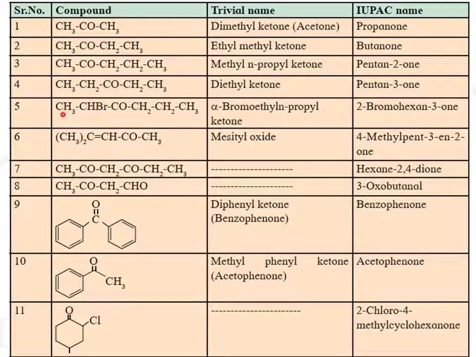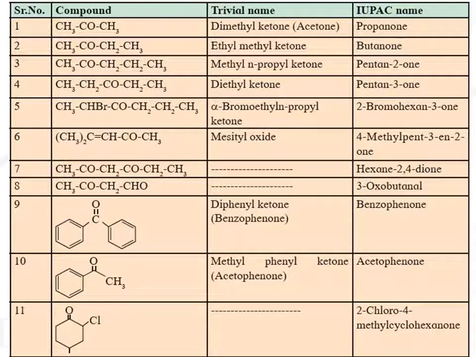But if you observe from this, if you begin numbering, this is carbon 1, this one is the second carbon, this one is the third carbon, so the carbonyl carbon comes at the third position. Then this one is 4, this one is 5, and this one is 6. So first write the name of the substituent with its locant. It is present at the second carbon, hence it is a 2-bromo. Total carbons are 1, 2, 3, 4, 5, 6. Hex. Then it is a hexane, so replace the E of hexane with ONE, including the position of the carbonyl carbon. Hence the name of this compound is 2-bromohexan-3-one.